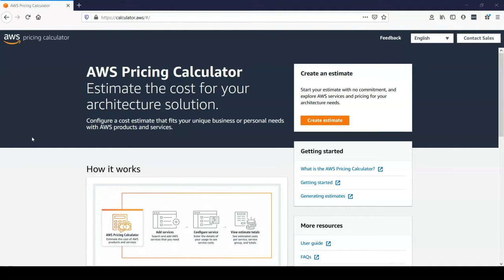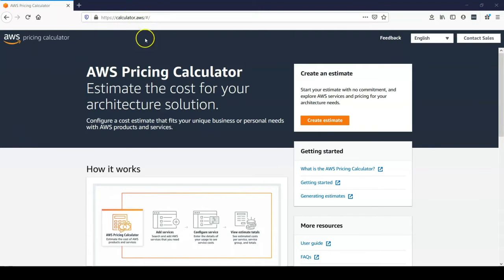In this video, I'll be demonstrating the new calculator provided by AWS. We'll be doing a cost estimate on one of the core AWS services, being the Amazon EC2. The AWS pricing calculator is publicly available, meaning it can be accessed by anyone. To access the site, you will need to enter this address,